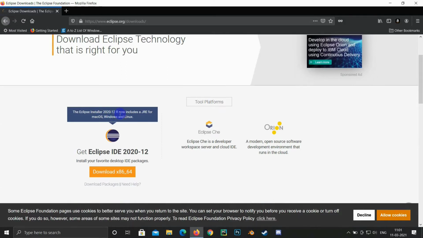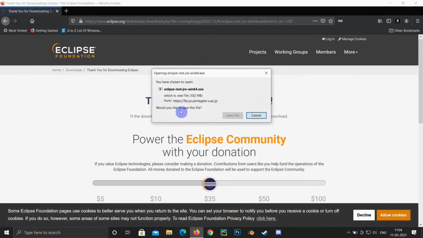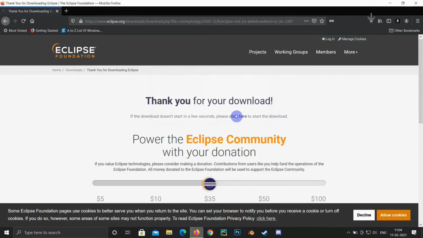Here you can see the Eclipse installer 2020-12R now includes JRE for Mac OS, Windows and Linux. Click on download. Again click on download. Save the file.